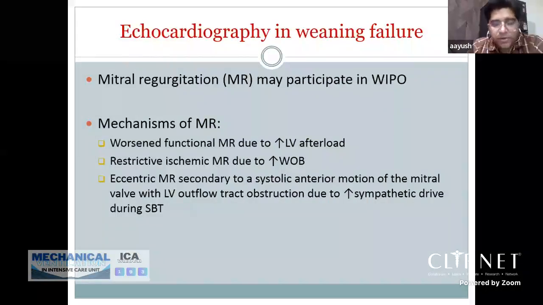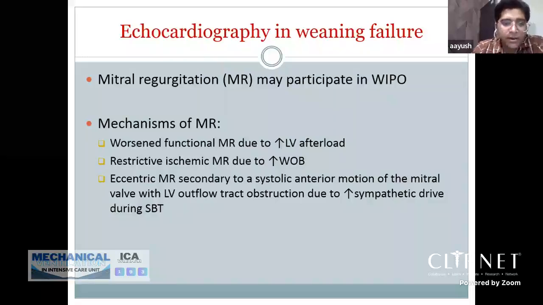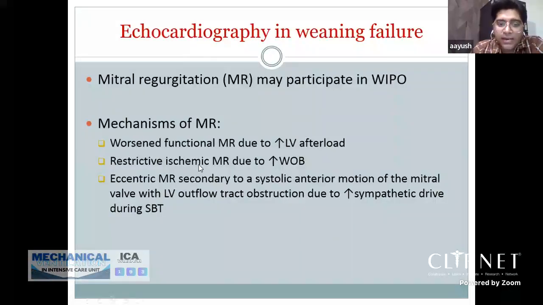Some of the patients also develop significant MR at the end of weaning when they have weaning-induced pulmonary dysfunction. The mechanism of MR is predominantly worsening of functional MR because of increased LV afterload, which can occur because of the increased catecholamine surge which occurs during the process of weaning. There can be an increase in restrictive ischemic MR because of increased work of breathing, and they may sometimes also develop eccentric MR,